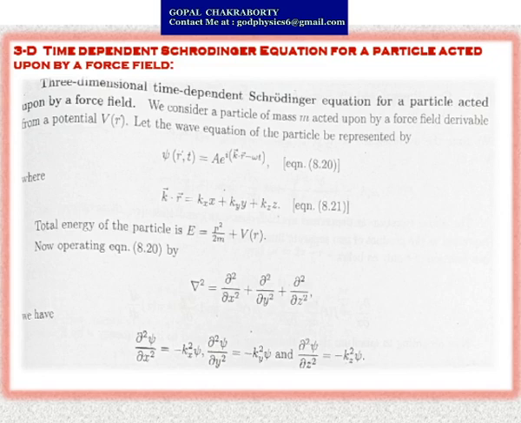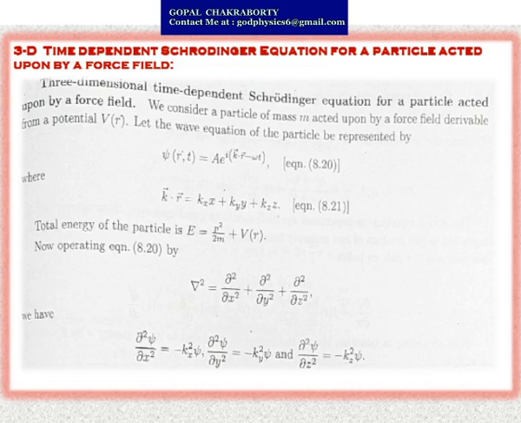V. Let the wave function be psi equals A e to the power i (k dot r minus omega t). As we have derived already, k dot r equals kx x plus ky y plus kz z. Now the total energy of that particle is E equals p squared by 2m plus V. Now operating equation 8.20,